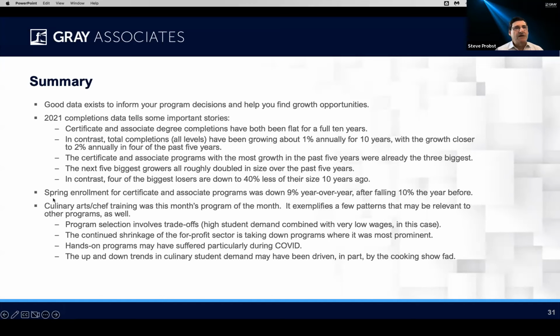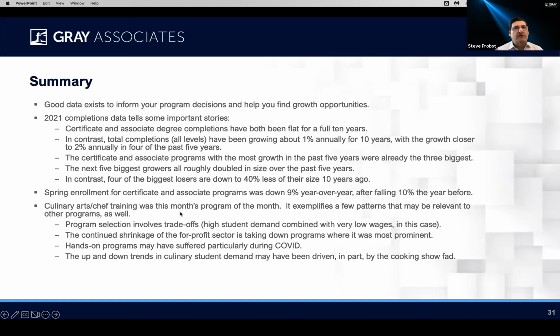And speaking of tough environments, spring enrollment, this is spring 2022, the most recent enrollment data, was down year over year. And this is total enrollment, not just new enrollment. And looking at the program of the month, the Culinary Arts and Chef Training, not digging into the specific data, but looking at kind of big picture pieces, there are 4 things that struck me as relevant